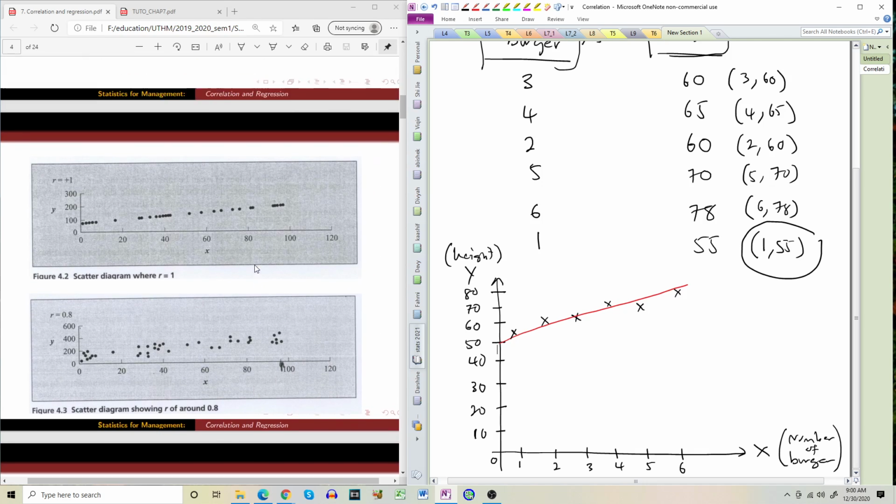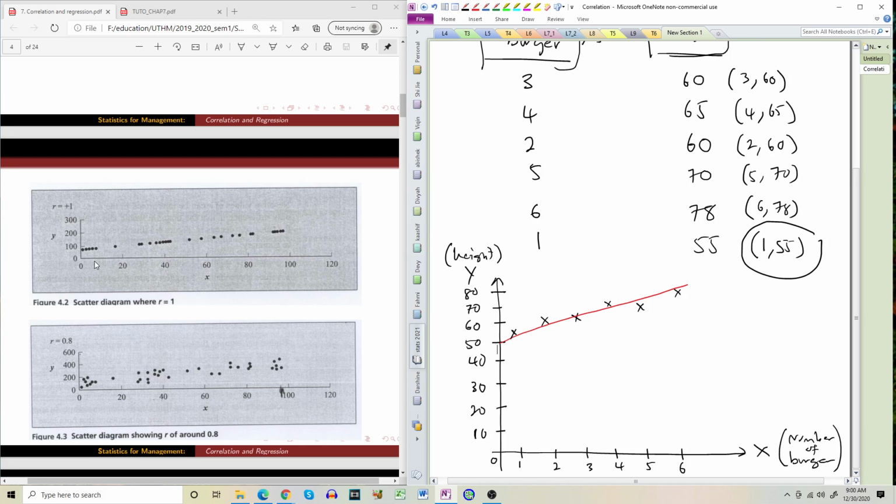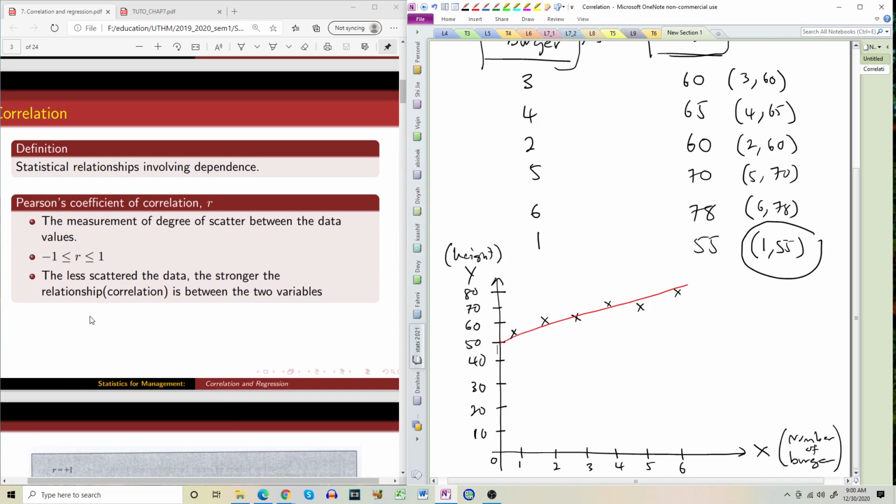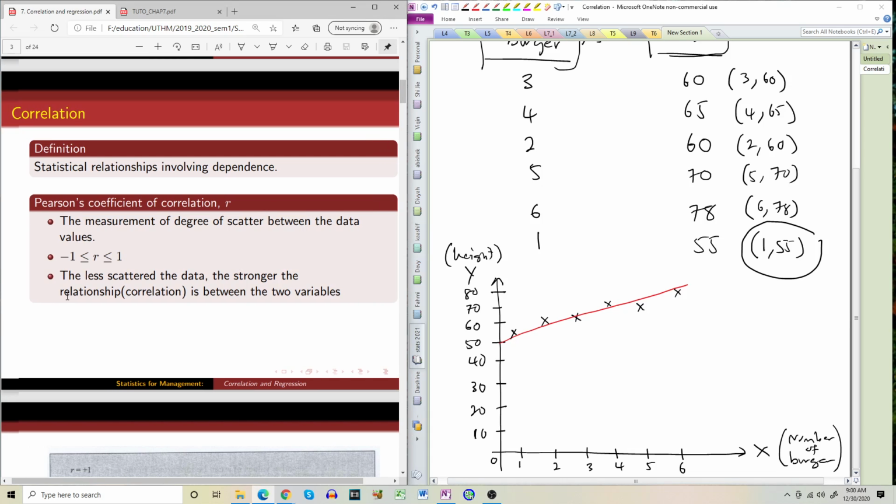So how are we going to measure? Is there any number that can represent this scatter diagram? The answer is yes. It is known as the Pearson coefficient of correlation. We will denote it by R. I'm referring to the slide now. So R is the measurement of the degree of scatter between two values, as I told you. R tells how scattered it is,